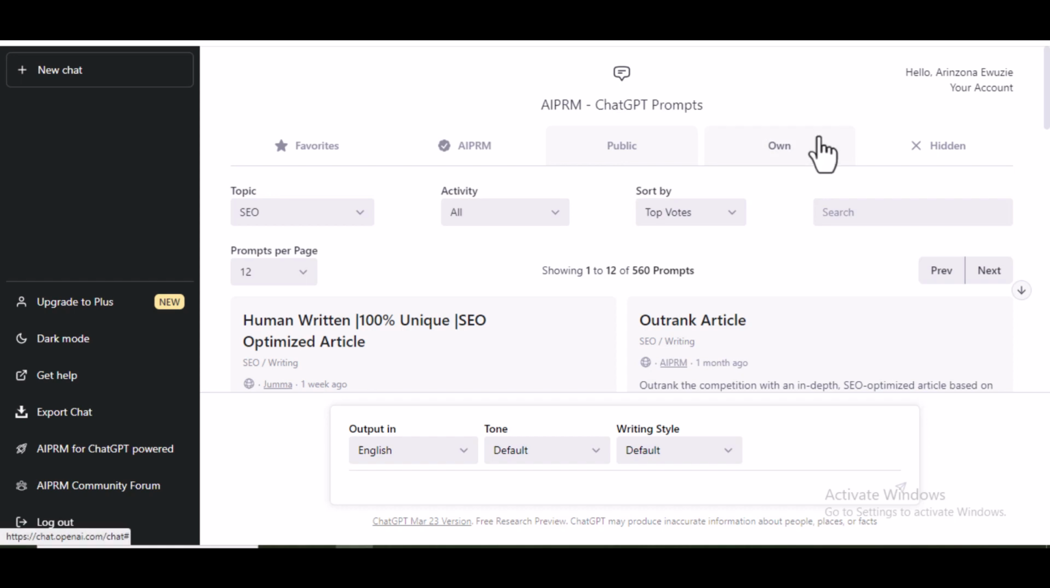Welcome to this video. In this video, you're going to learn how to use ChatGPT to generate a domain name for